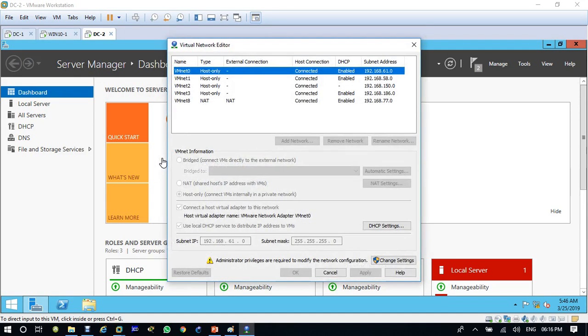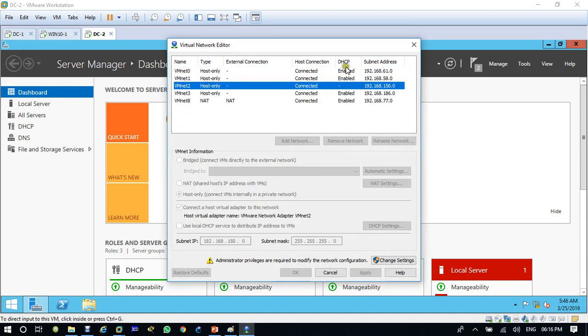This is an optional setting. So in VMnet2 you make sure that DHCP is disabled. Because if you see DHCP enabled, it means your local machine's DHCP will be enabled. So you must remove it. You have to remove the checkbox here.